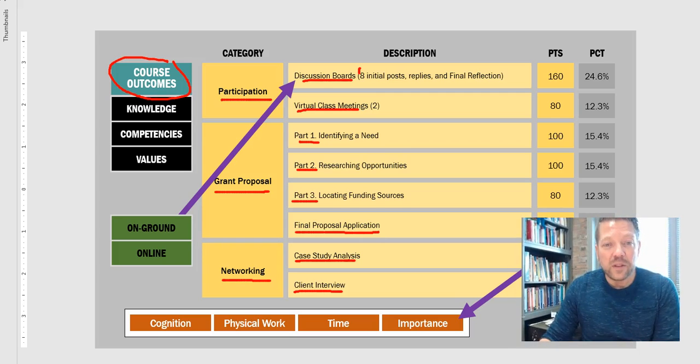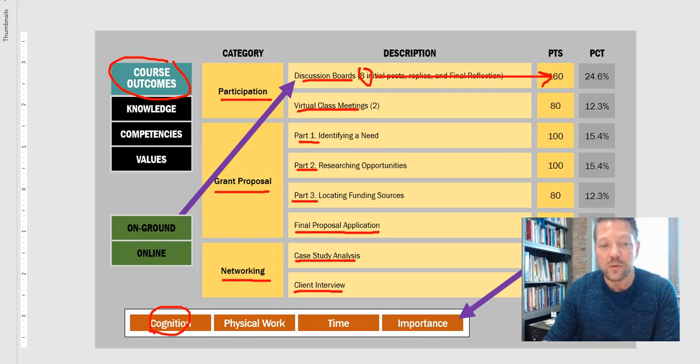I have 8 of those in my course, therefore it's 160 points. So now knowing that I have 20 points designated as the points for each of those interactions each week, I can then think about how that relates to all of the other assignments in the course in terms of the